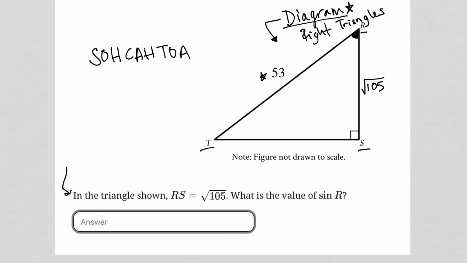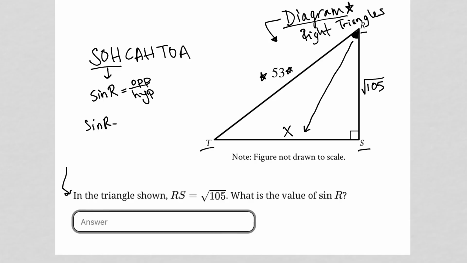So for sine, SOH here represents that sine of an angle. I'll call it sine R because R is our angle here, is equal to the opposite side of that angle, that's the O, divided by the hypotenuse of the right triangle. So in that case, that means we would have the opposite side of that angle R, which is the side here, which I'll call X, divided by the hypotenuse, which is root 53. So sine R is equal to X over root 53,